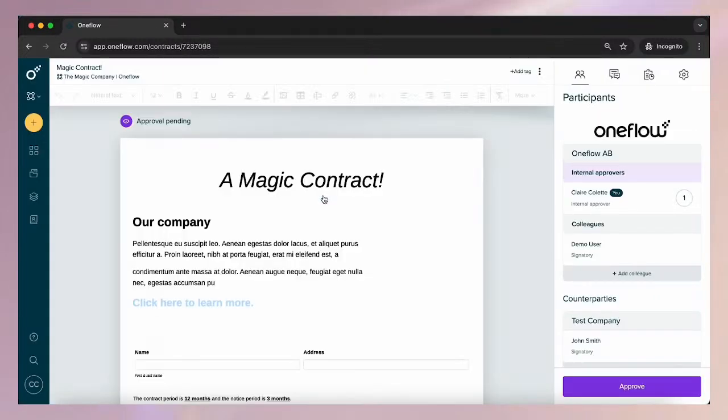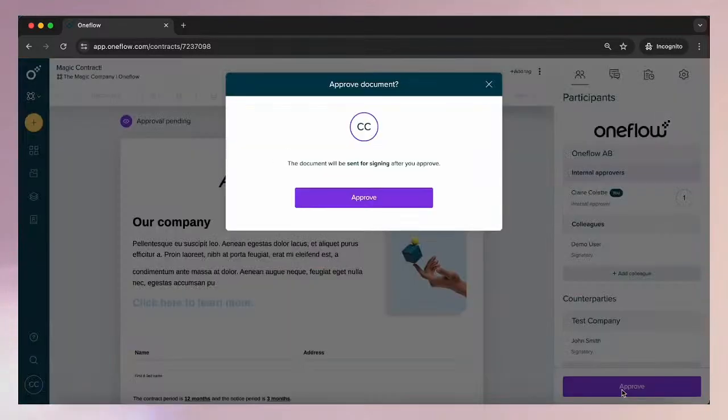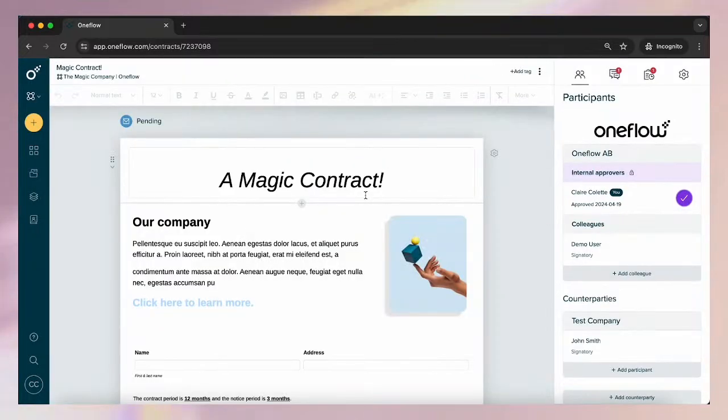So I open this document, and of course I can make any changes or leave comments or everything that I want to do until I'm happy with the document. And once I am happy with the document, I will approve it. So I click on approve, and this message tells me that this will be sent for signing as soon as I approve this. And we are happy with that, so we click on approve,